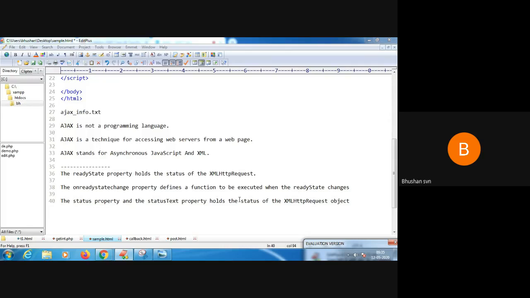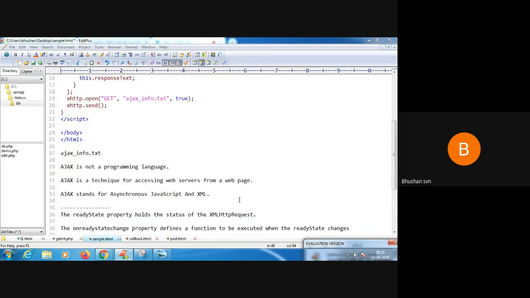What do we mean by holding the status of a request? The request can be initialized, made ready, loaded, executed, completed, and responded back to the client.